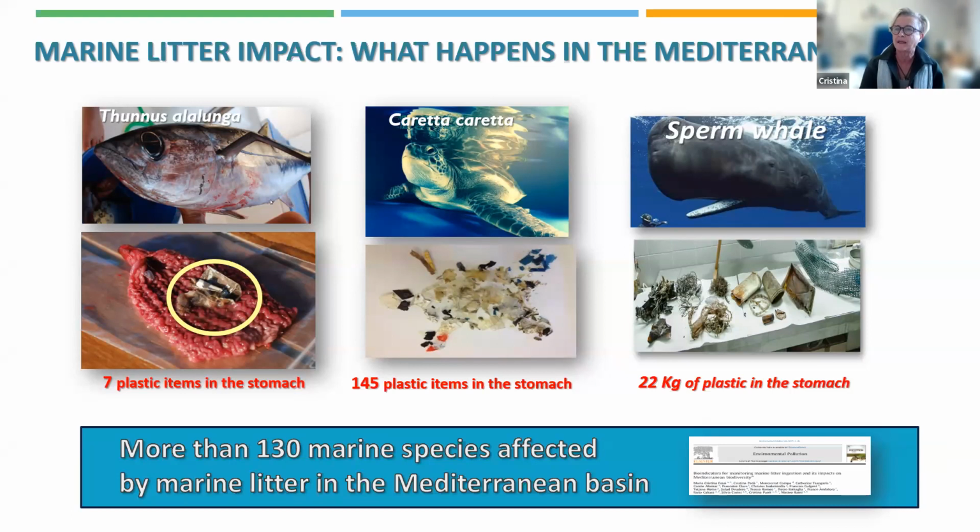But the dramatic case in the Med is represented by the sperm whale. In some specimens, we have found more than 20 kilograms of plastic. So it's evident that all the Mediterranean biodiversity is strongly exposed to the presence and consequently the potential effect of